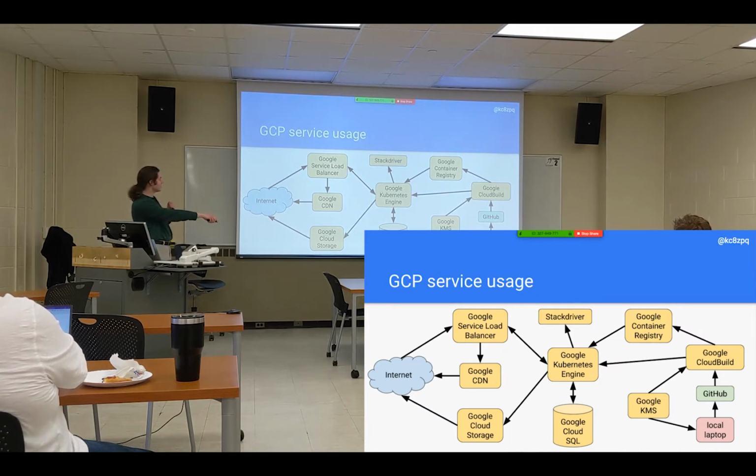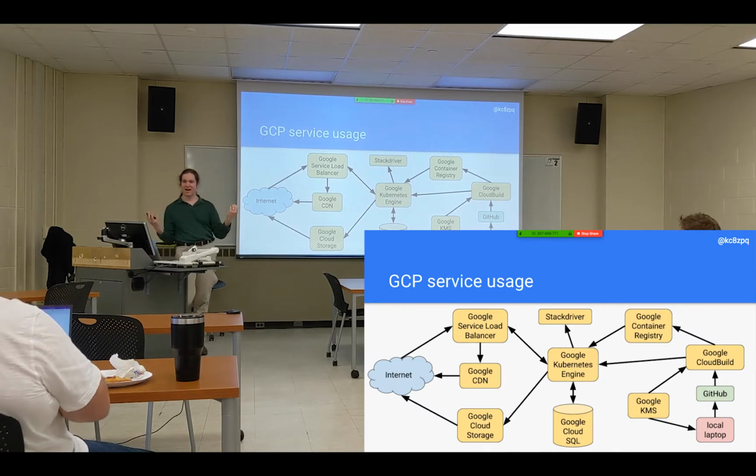And the rest of this is Stackdriver for logging, load balancer for load balancing products into and out of Kubernetes. You can turn on a CDN if you want. And then I've actually, because you want to be that fast team,